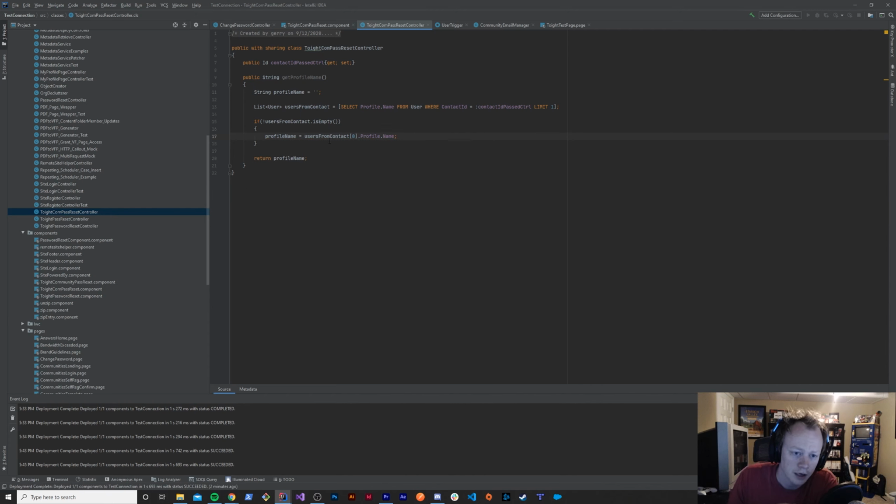Boom. Okay, so let me just explain what we did here real quick, if you're not super comfortable with Apex. We're saying, let's declare a method that's called getProfileName, and let's have that method return a string, so a bunch of text. And